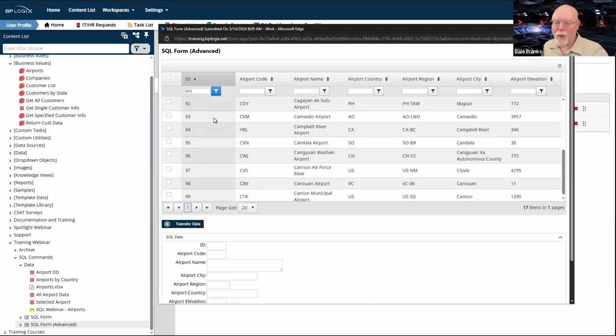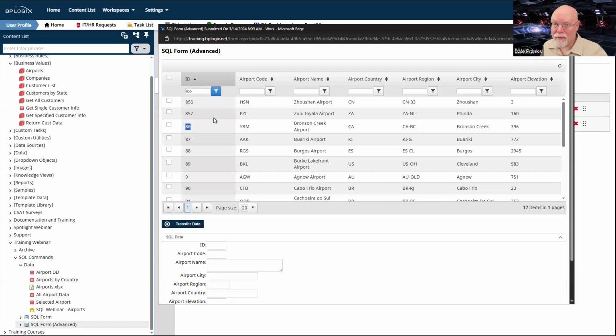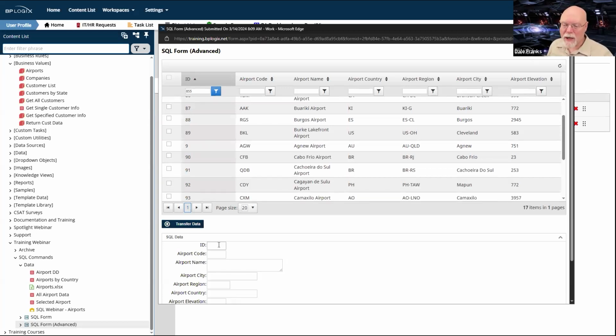So this is one of the downsides of sorting things alphabetically when you have a field like this, which is actually text and it's getting sorted alphabetically. This, I believe, is an artifact of the data list, not of how the data exists in the database, but that's fine. 857 is my last record. And the reason I was looking for my last record is because I need to supply that ID, because in this data set, the ID is not an auto-numbered key. It's not a GUID, so I actually have to supply the ID.